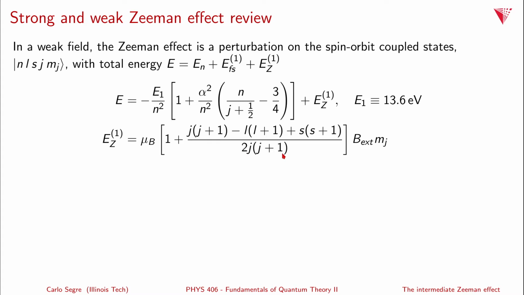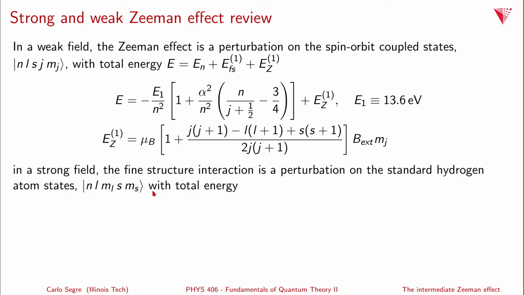In a strong field, the fine structure interaction is the perturbation, and the standard hydrogen atom states, which are eigenstates of the Zeeman effect, are the ones that are being used. In this case, n, l, m sub l, s, and m sub s are the good quantum numbers, and the total energy is given by minus E1 over n squared plus mu sub b, B external, times the quantity m sub l plus 2m sub s, and then you add in the perturbative term from the fine structure, E sub fs1,